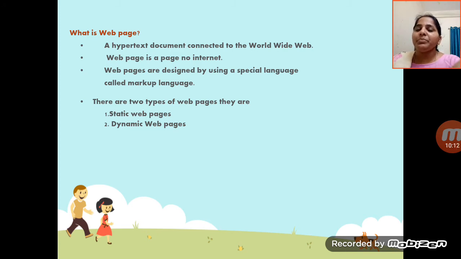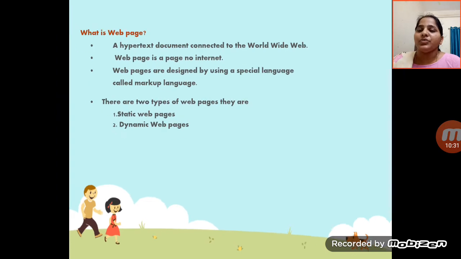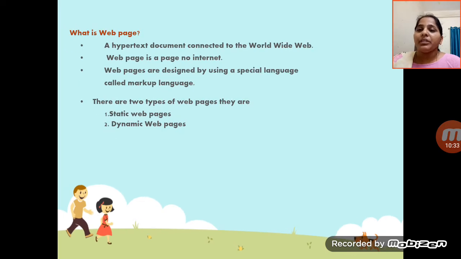A web page is a page on the internet, and web pages are designed using a special language called a markup language.